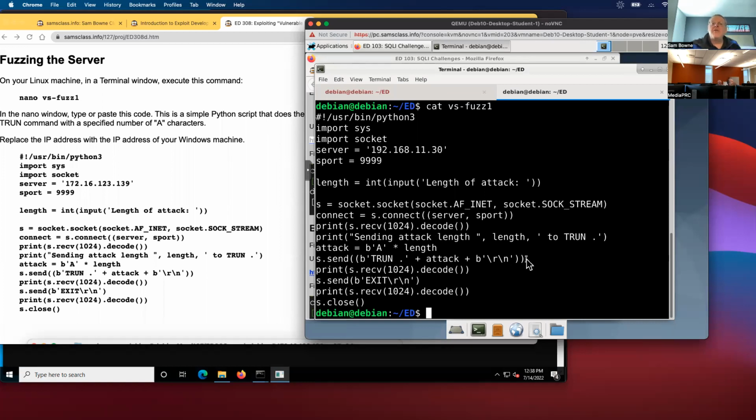So it's checking for buffer overflows. Other fuzzers will be smarter, and they will try using large values and negative values in numerical fields and things like that. But fuzzing is the general principle of sending random junk to a server to try to make it crash. So if I run this